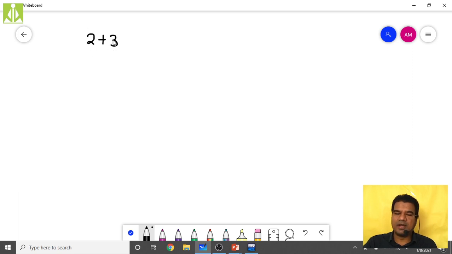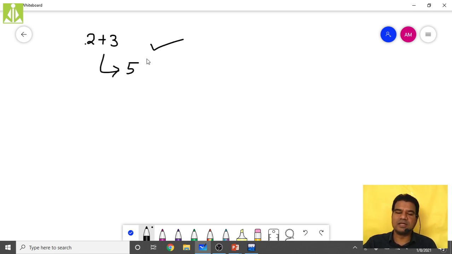It is an operand, and what is this 3? It is another operand. This is the operator. This operator will add the content of 2 to the content of 3, and finally it will give us the result 5. This is the return value of this operator, and as it is a binary operator, it performs the operation on these two operands.